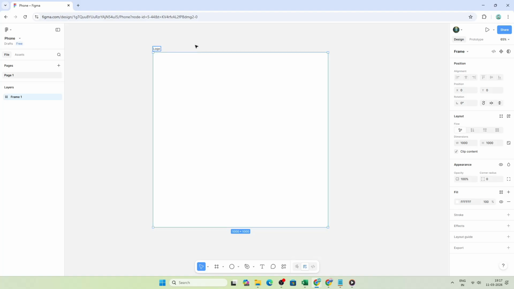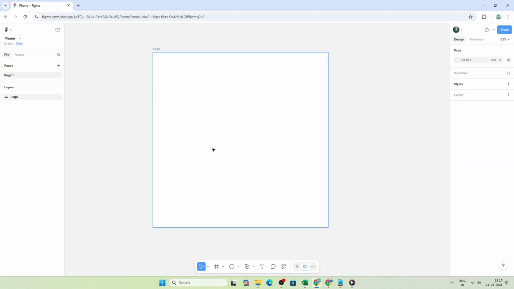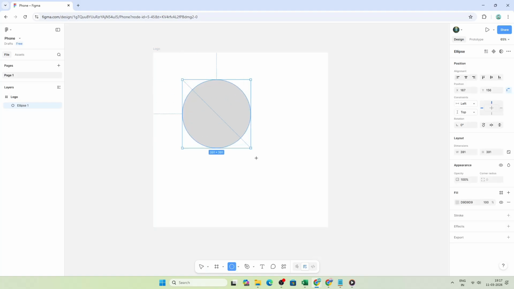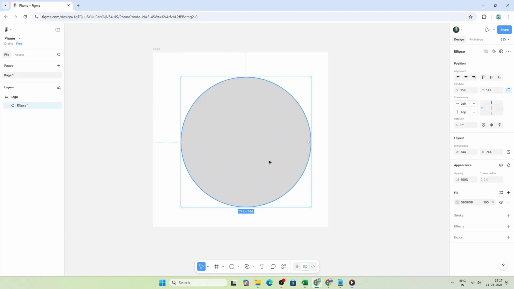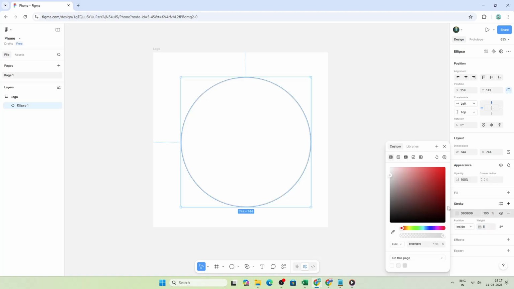Build your foundation with basic shapes. Press O to draw circles and R to draw rectangles. These are the building blocks of most modern logos. Hold Shift as you draw to keep proportions perfect and use alignment tools to center elements inside the frame for a balanced layout. When you need something more custom,